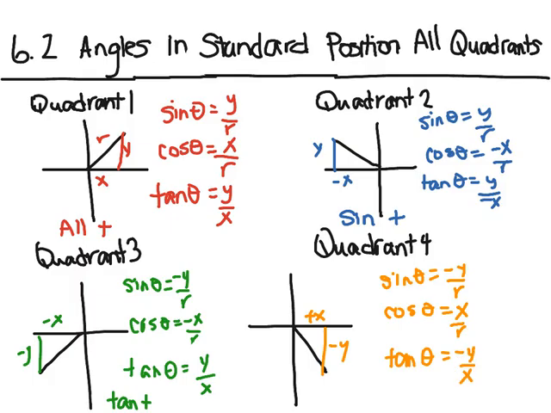So the only thing that is positive is our cosine. We can see that we have one positive value for 3 of our quadrants, and then in quadrant 1, all of them are positive. An easy way to remember this